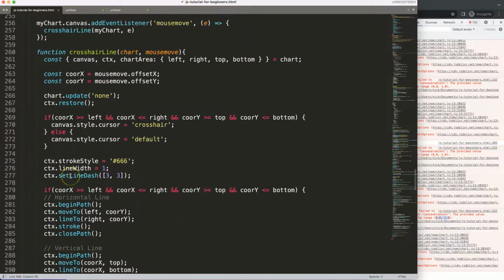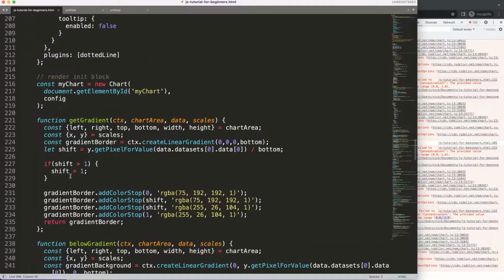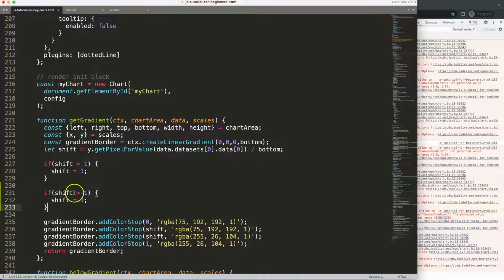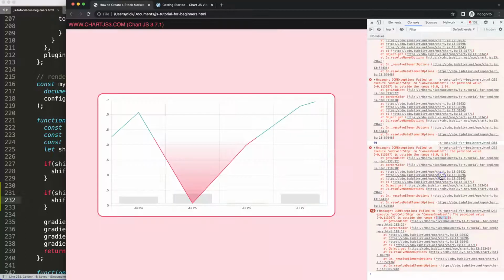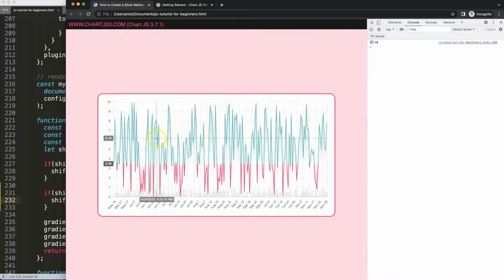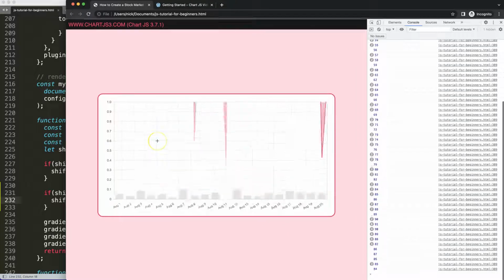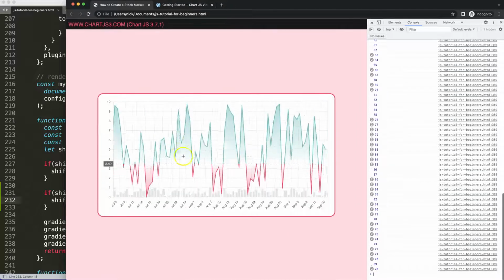Go up here, and that's the add color item. What we did here is the shift, remember. I'm going to copy the entire code here, and just say if shift would be below 0, set 0. Let's save that, refresh. The reason this happens is because we're now zooming in to such a level that the gradient color is starting to change. So do this, there we are, and now you can see, and then if we go up, this keeps